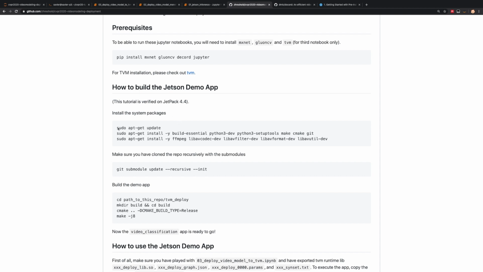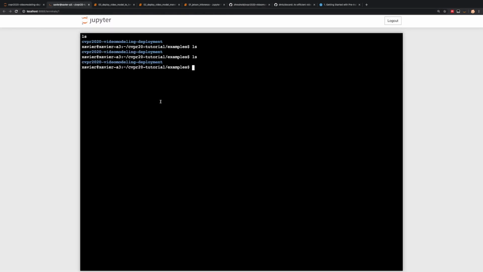First thing we need to do is to install the system packages. A lot of these dependencies are required by FFmpeg and the video reading stuff. So we will go get the updated